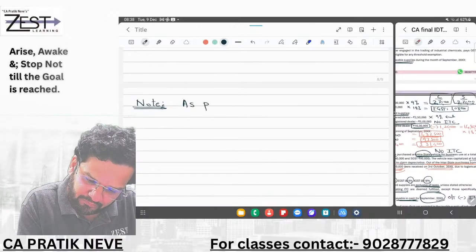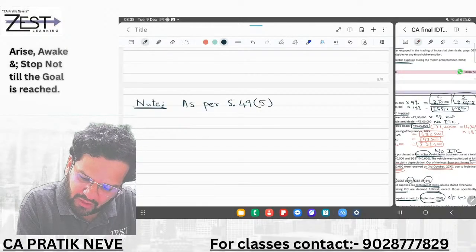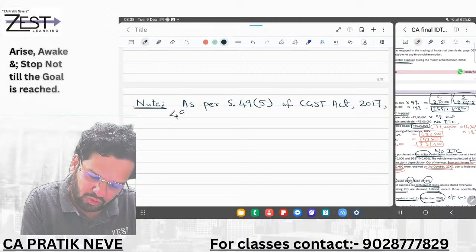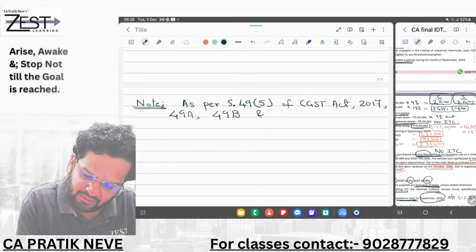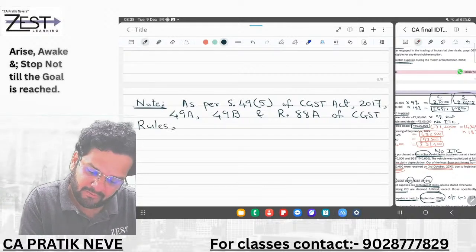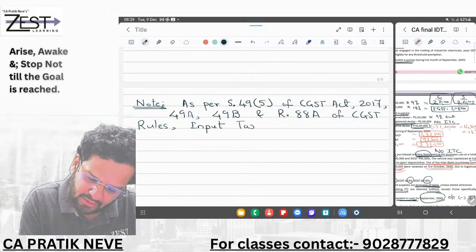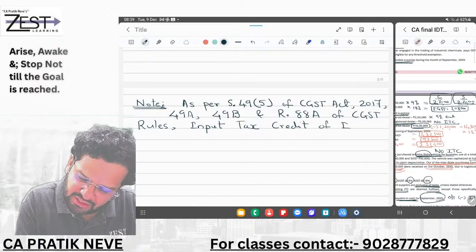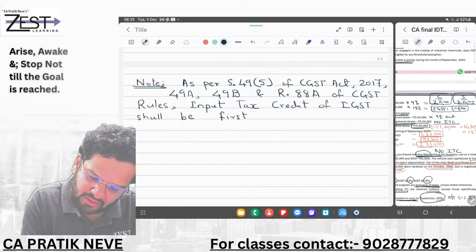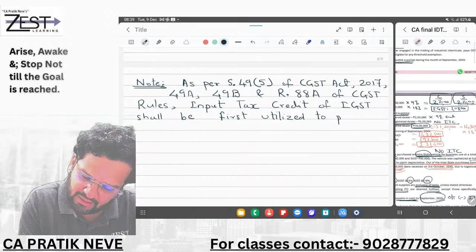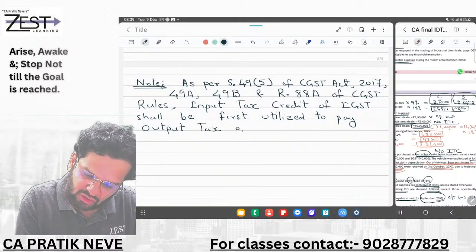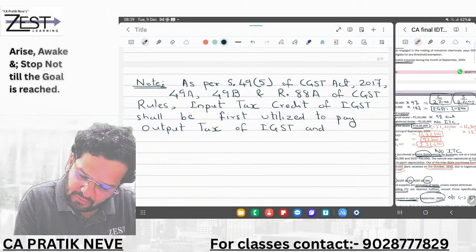As per section 49(5) of CGST Act 2017, 49A, 49B and Rule 88A of CGST rules, input tax credit of IGST, that is ITC of IGST, shall be first utilized to pay output tax of IGST, and balance if any